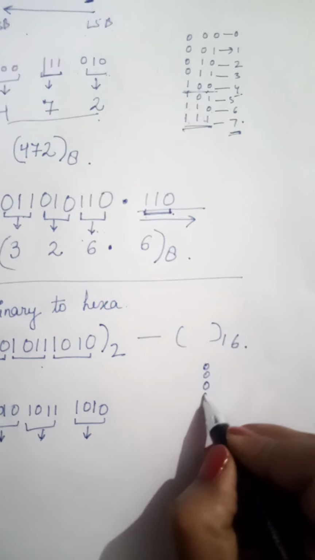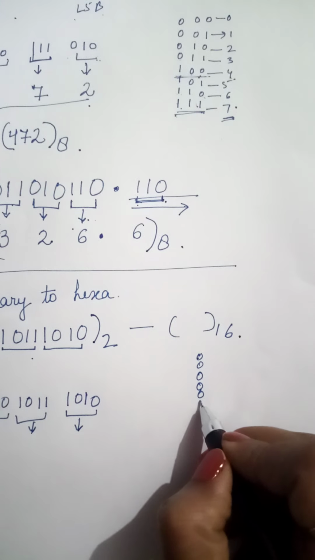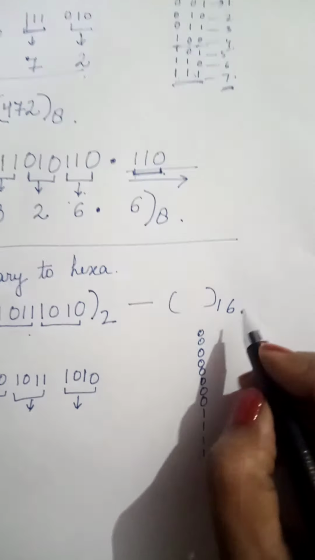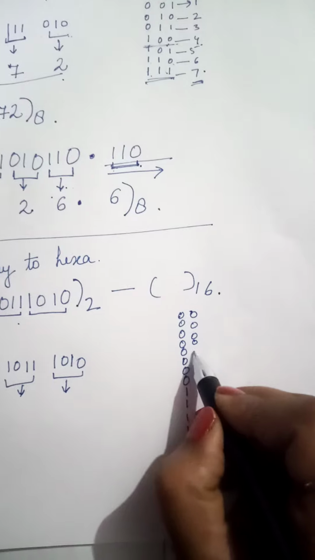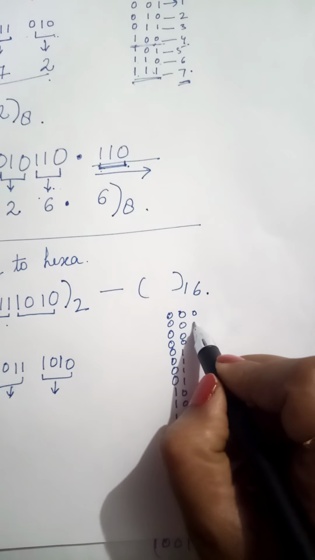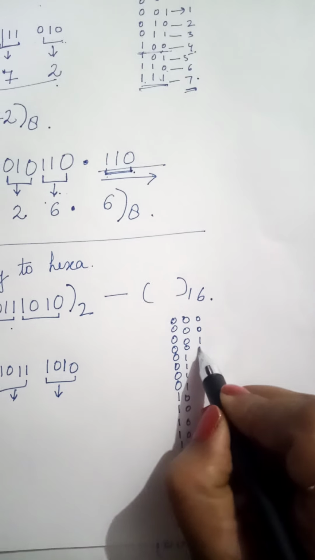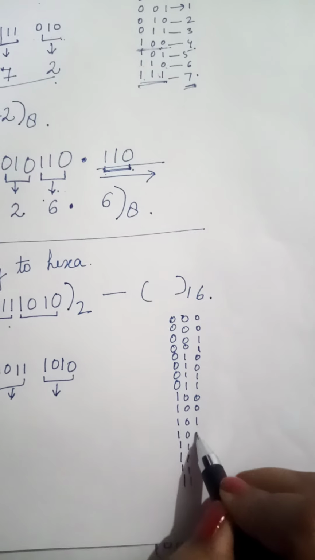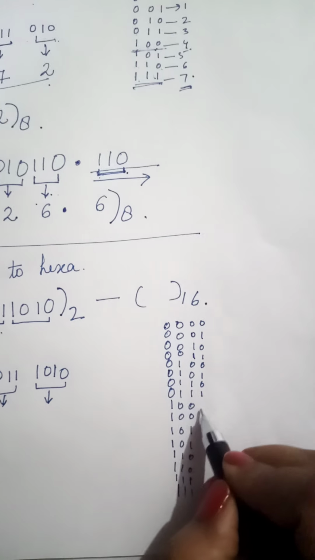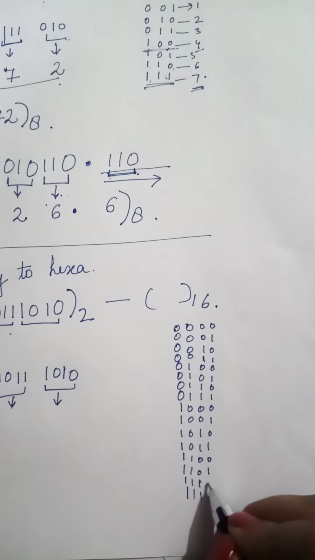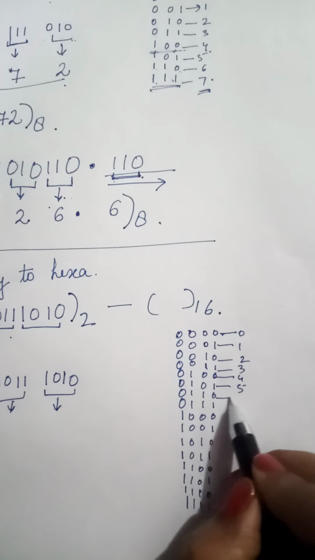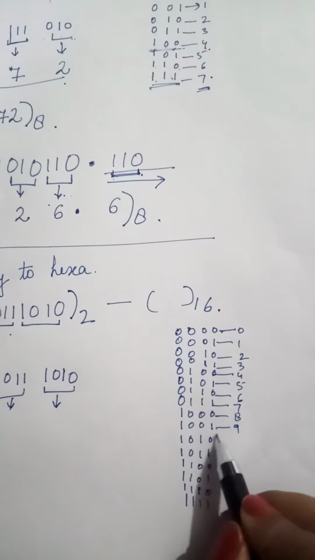We will be making the separate table. 4 times 0, 4 times 1, and so on, the binary combinations, and the hexadecimal digits 0 1 2 3 4 5 6 7 8 9, and 9 onwards,